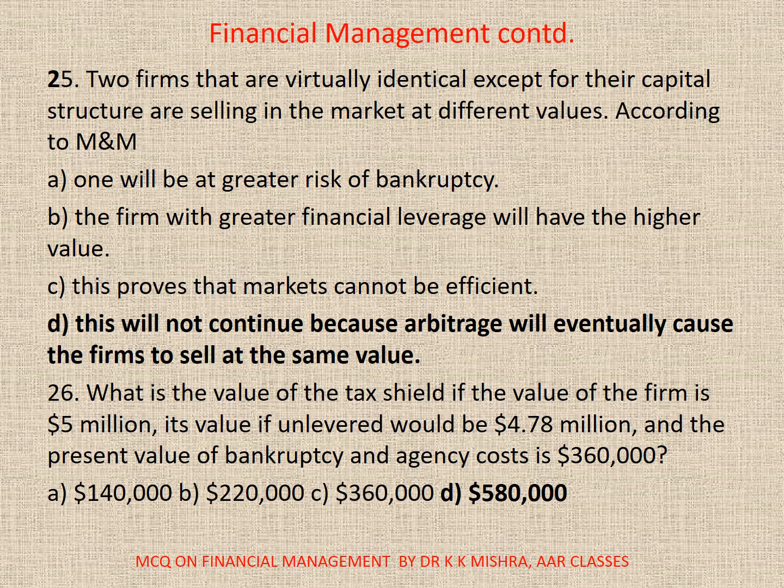26. What is the value of the tax shield if the value of the firm is $5 million? Its value if unlevered would be $4.78 million, and the present value of bankruptcy and agency cost is $3,60,000. If you calculate, it would be D,